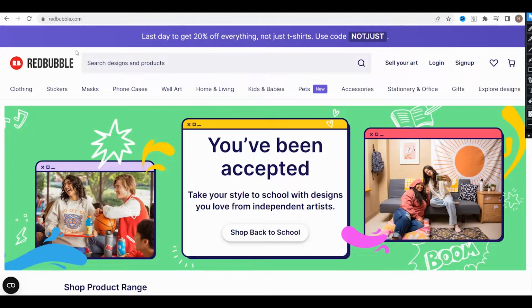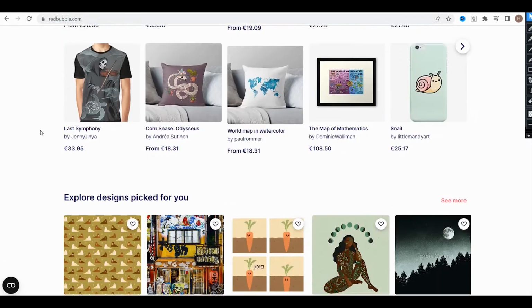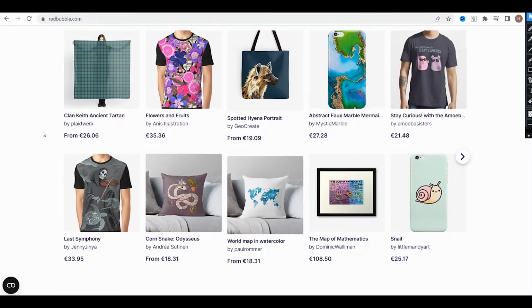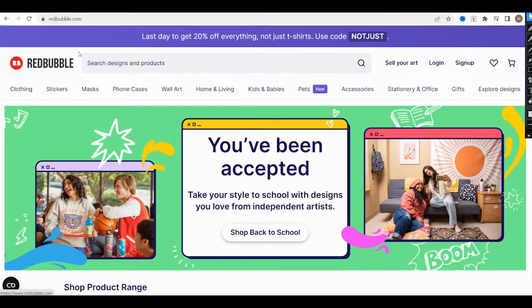It's more technical, but it's really, really important for your shop and for your success on Redbubble, and also on other print-on-demand platforms too. But Redbubble has its own features and its own things that you need to know, and how to optimize your listing to get, first of all, more views, and second, more sales, of course,